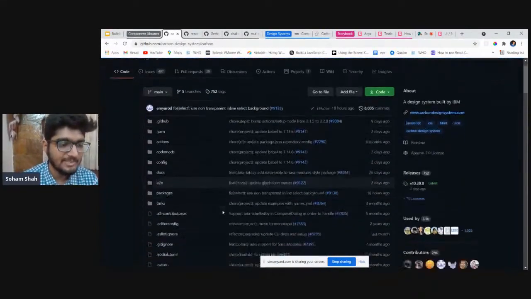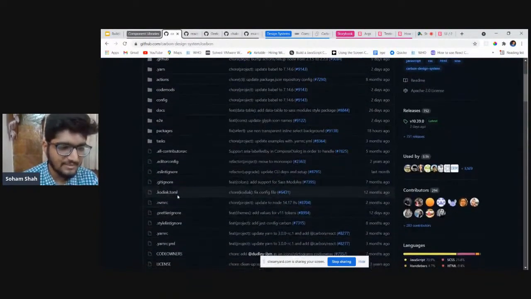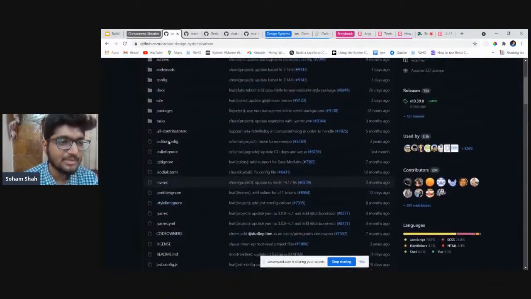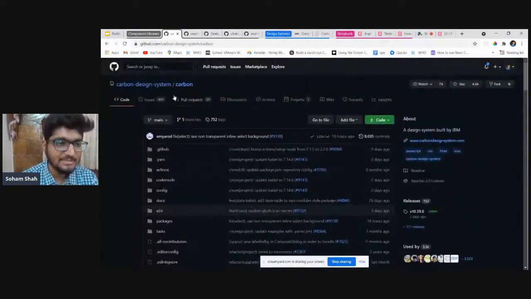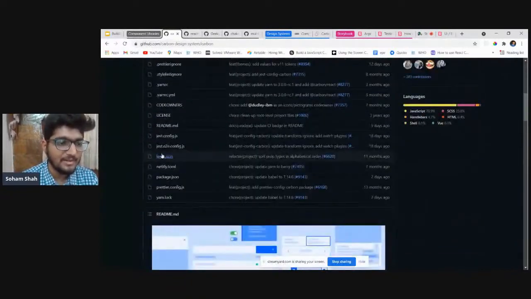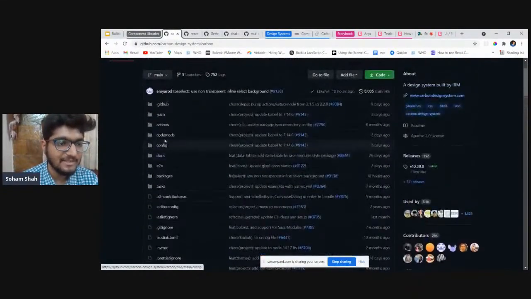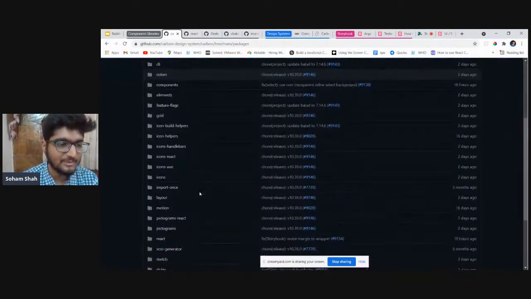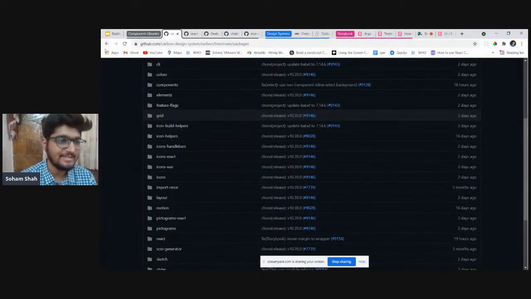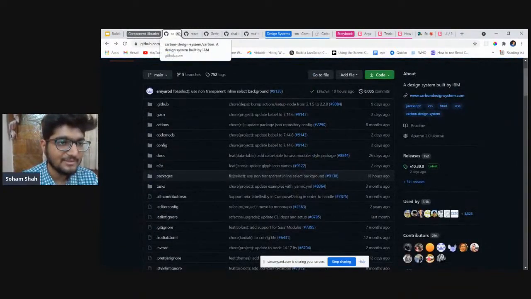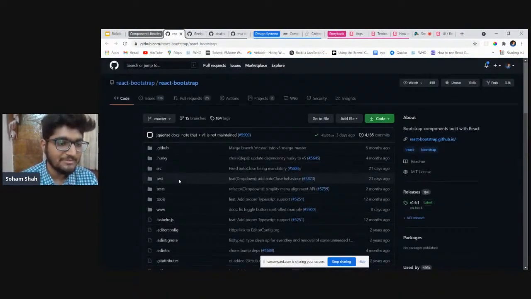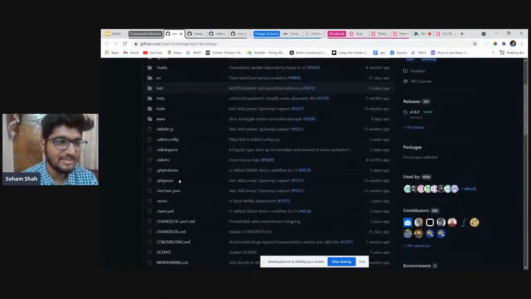And Lerna is something that actually helps us when we are going to release this particular package. We are going to do Lerna build, so it will basically publish all of the packages inside this package directory. So yeah, that is the whole idea. It is having Lerna. So we just saw that Carbon design system does nothing super out of the box, but if we spend some more time, we can actually understand.